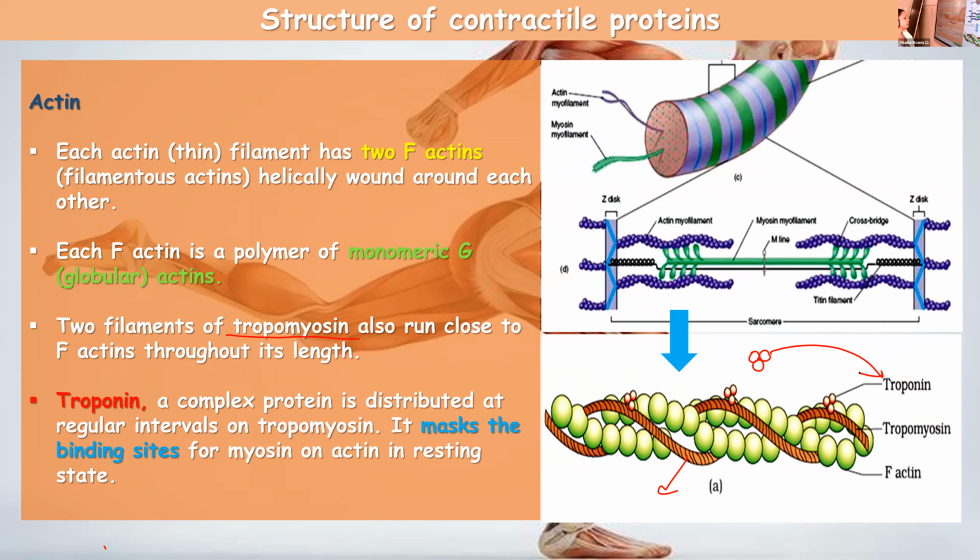So actin has some binding sites with which it will bind with the myosin filament to bring about muscle contraction. So under normal conditions, those binding sites will be covered, kept hidden by the presence of this troponin. It's a complex protein with 3 subunits, and its role is to keep the